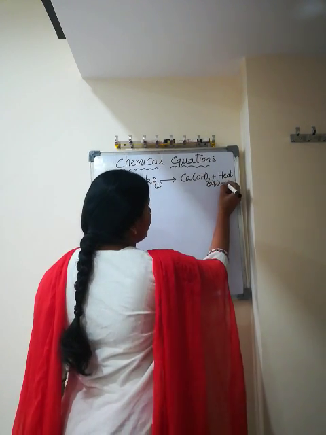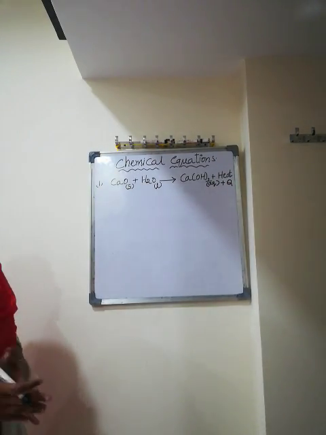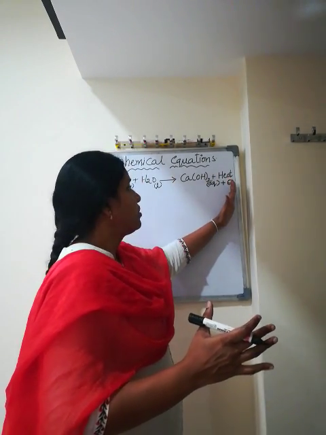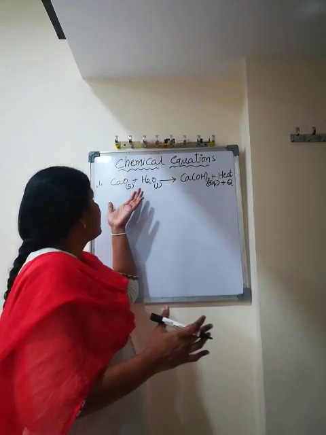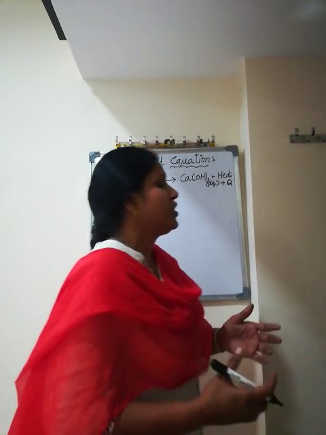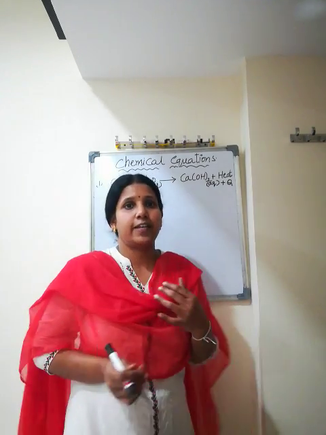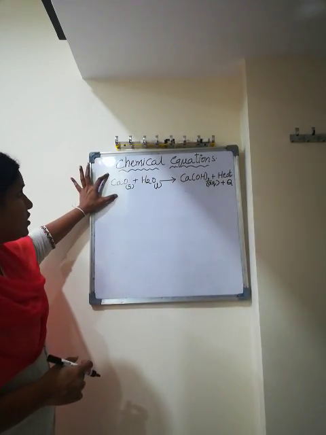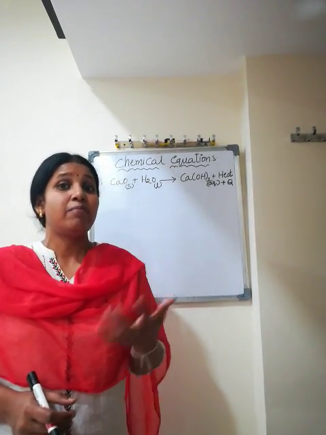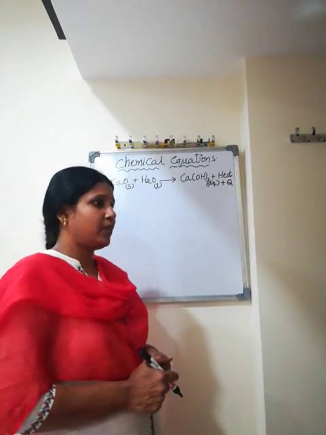And heat energy liberated is represented with Q. If heat energy is liberated in any reaction, then we have to write that Q on the products side. Clear, children? If the reactants liberate any heat energy, we represent that heat energy with the letter Q, and we write it on the products side. So the first step is expressing the physical states of the reactants and products, and we can make the balanced chemical equation more informative.